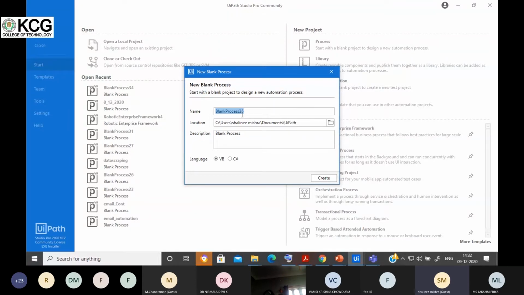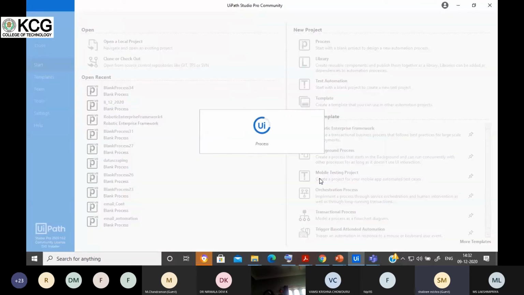Okay, so suppose I rename it to Today. Now this process will get created, and I'm considering that if UiPath Studio has been installed, then everything about it has already been covered.